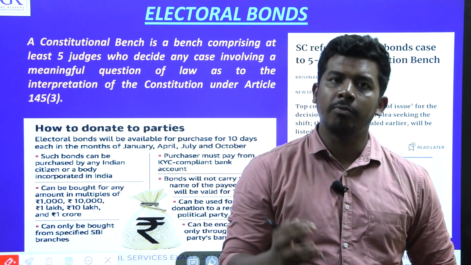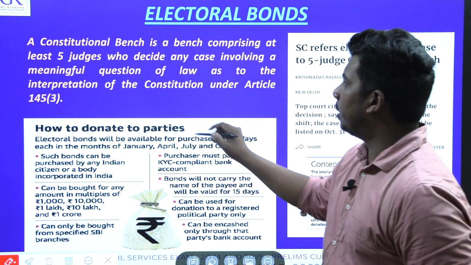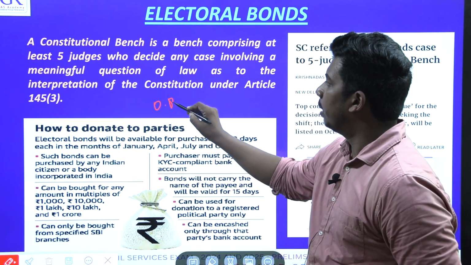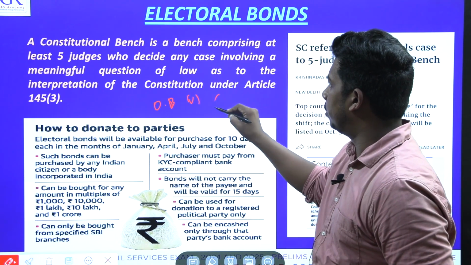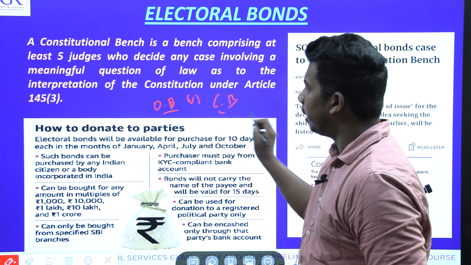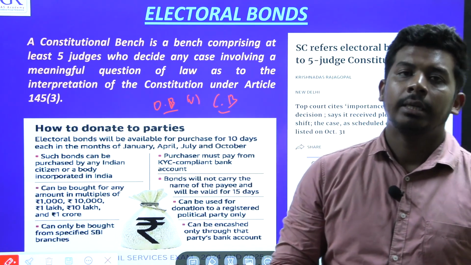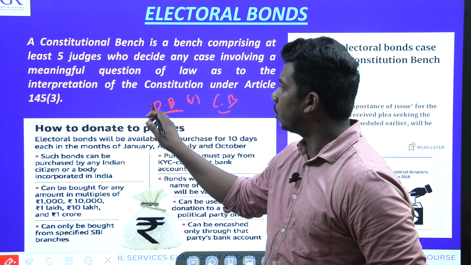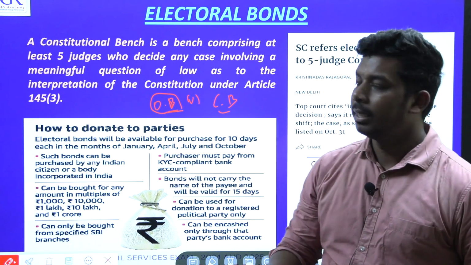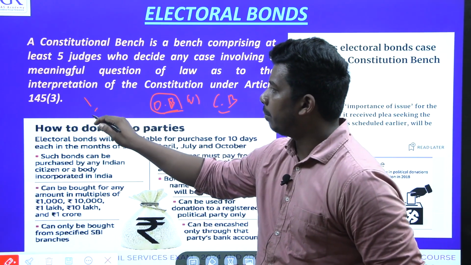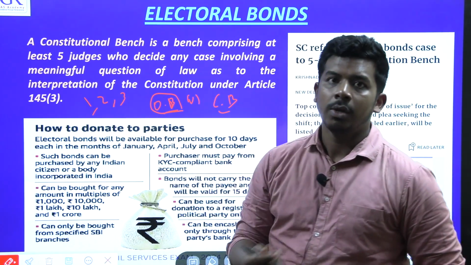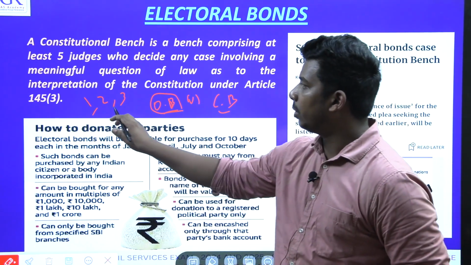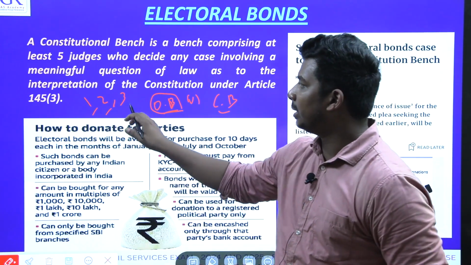There are two types of bench in the Supreme Court. One is the ordinary bench and the other is the Constitution bench. So what is an ordinary bench and what is a Constitution bench? To deal with ordinary matters, all the normal cases of the Supreme Court, ordinary benches are formed, and these can be formed in numbers 1, 2, 3. That means one judge can sit in it, two judges can sit in it, three judges can sit in it